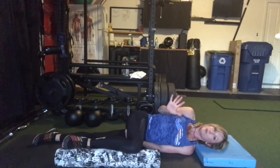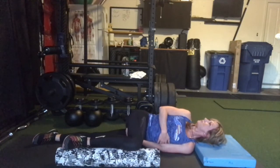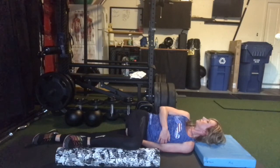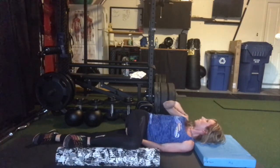So we're gonna take 5 breaths. Start here with the hand here. Inhale over on this right side, the right ribs, and exhale, start to rotate. And so you're turning your head too. On the inhalation again, right side, inhale, and then exhale, left side internal rotation. Now at this point on the 3rd breath, I like to move my hand here so